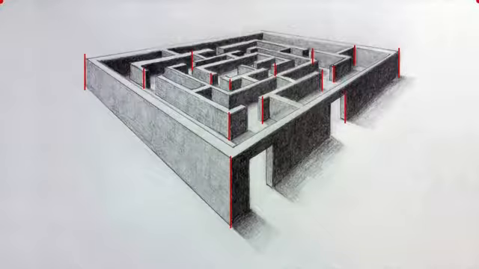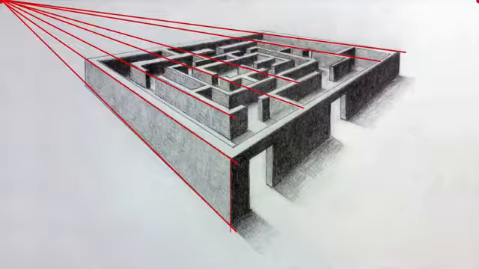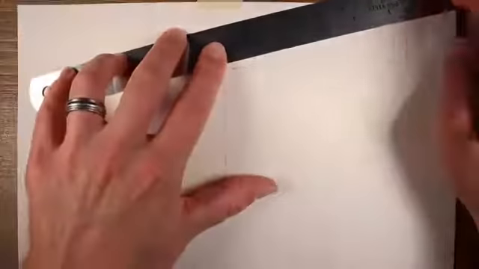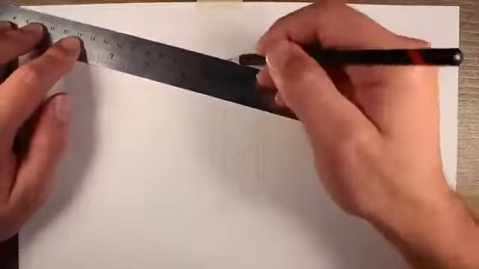They can be vertical in the case of corners and edges, or they can go to the vanishing point on the right or the vanishing point on the left. Those are your only 3 choices. So if you're trying to figure out what direction you should make the line, try going to the vanishing point on the right. If that doesn't feel right, try the vanishing point on the left, or maybe it should be